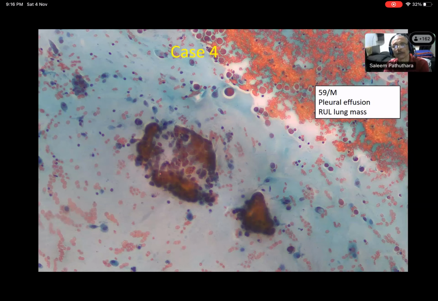So it's a Pap smear with a low power view. We can see a cellular smear with epithelial cells in clusters and discretely. Individual cells are large cells with moderate to scanty green cytoplasm, and the nucleus is centrally placed with an irregular nuclear border. What about this large cluster in the center? What type of cells are there? This cluster or this cluster?